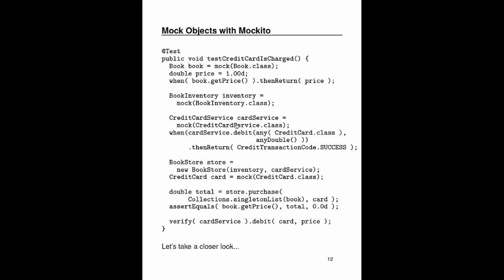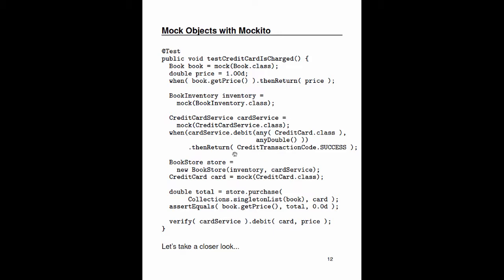I'll create a mock credit card service. And I'll say the following. Okay, when the debit method of the credit card service is called with any credit card instance and any double value, then return success. So this is doing the same thing that we had in our implementation of the mock object, which is saying, hey, anytime debit is called, it's successful. Don't worry about it. Wish I had a credit card like that. Okay, fine. So it's basically specifying the behavior of our mock object using these interesting